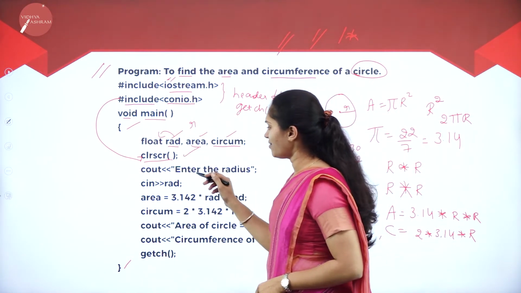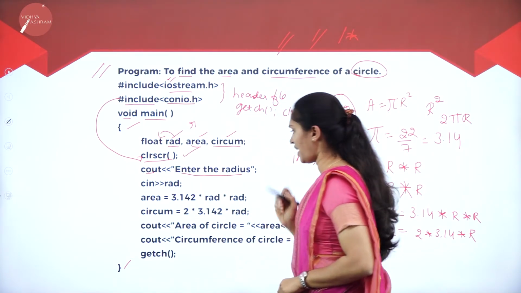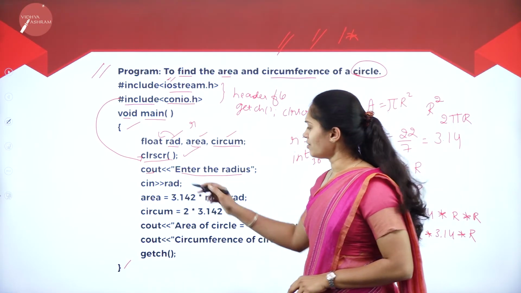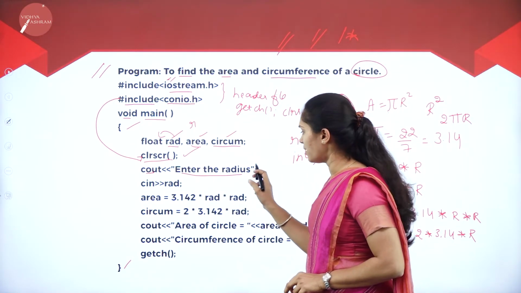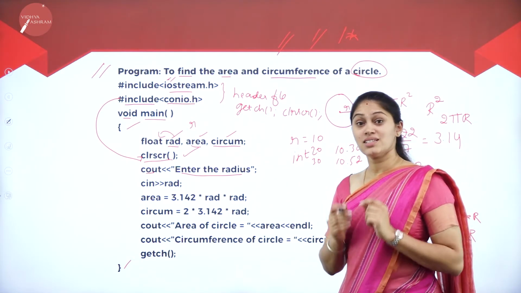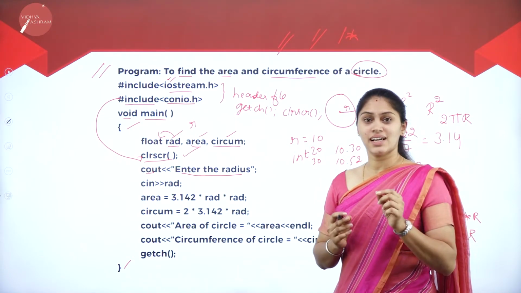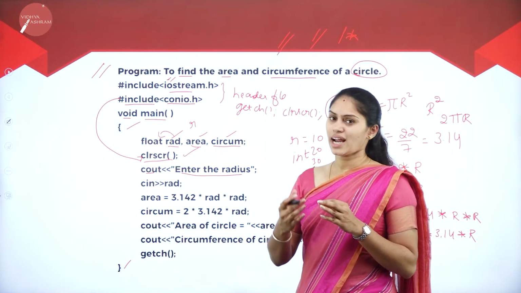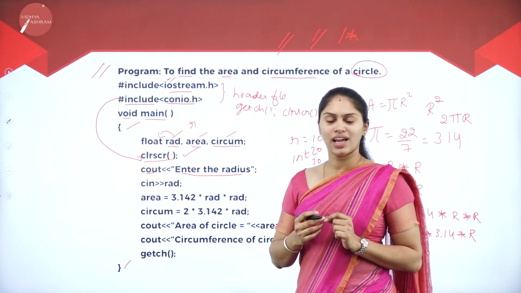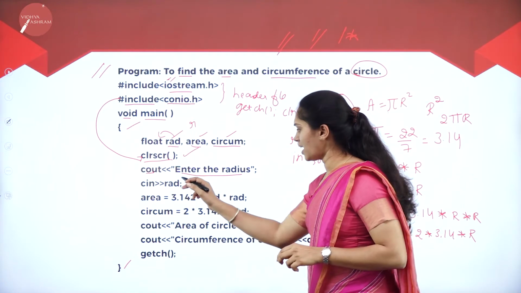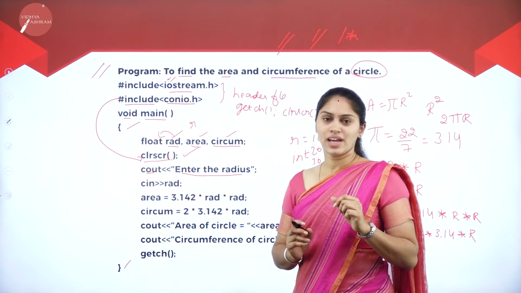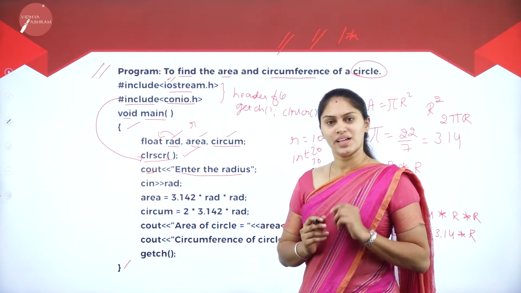So what do we have in the next line? Cout, enter the radius. I want to take the input. I am asking the user in the cout statement along with the insertion operator. I have double quotes, right? Why am I taking double quotes? Can we take single quote in a cout? That is a big no. Why are we not supposed to take single quote in a cout statement? We can take, but when you want to represent a single character, then we take single quote. But here I am taking a collection of characters. I can consider that as what? Strings. So that string must be enclosed between double quotes.